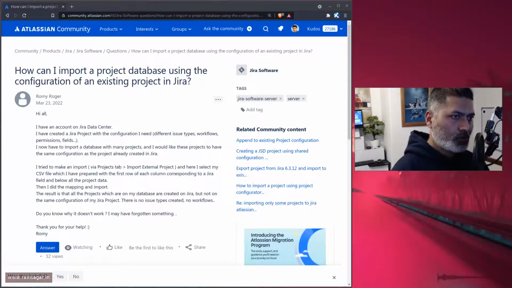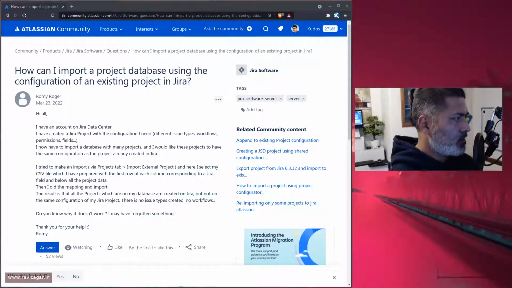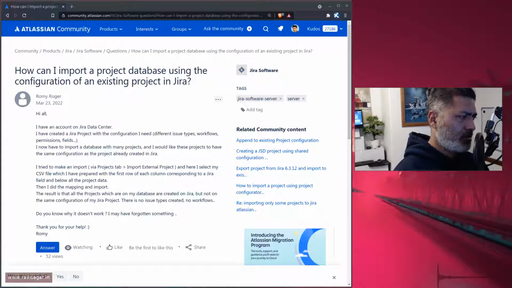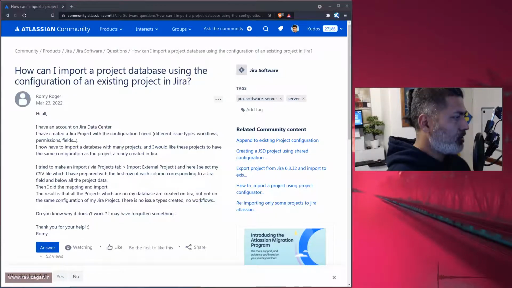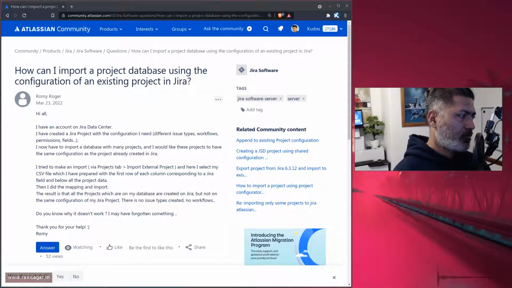Hello everyone. So there was a question on the community today from Romy Roger, and the question is about CSV import. Now, what this user is trying to do? This user is trying to basically